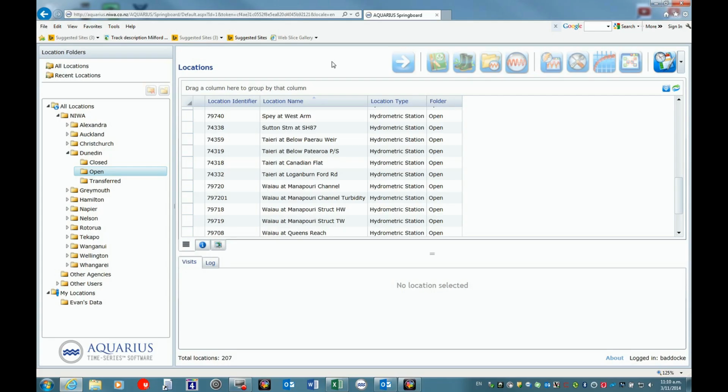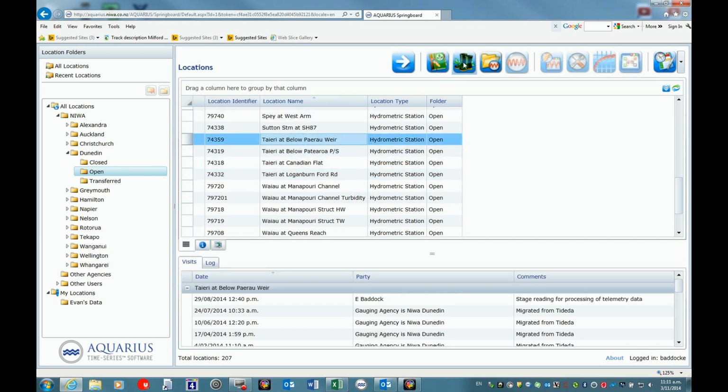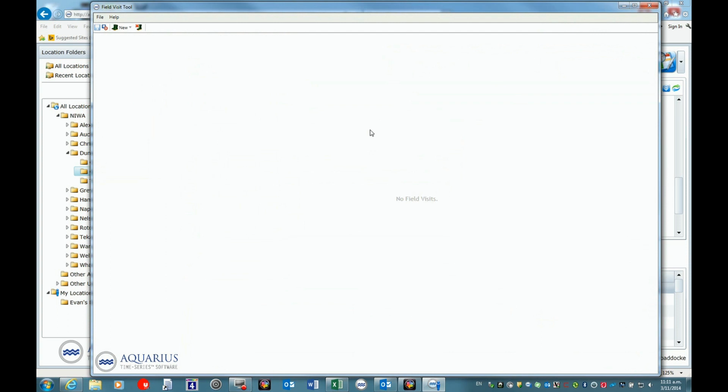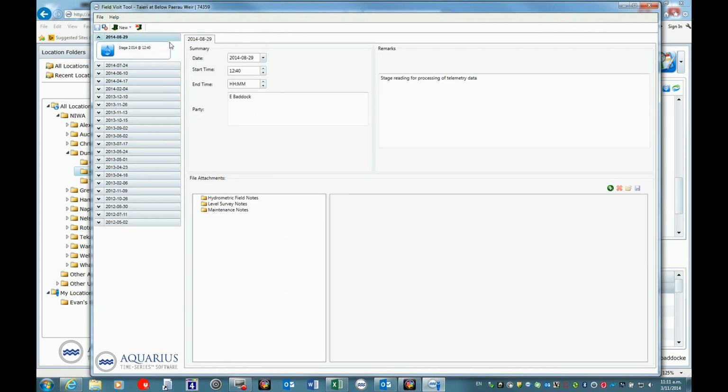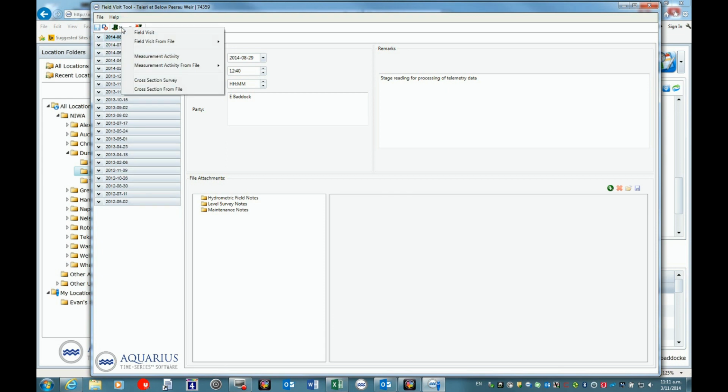Okay, we're going to enter a field visit and add a gauging. So we want to go to our open sites again. In this case we're at below where, and we're going to go to the gumboots, which is the field visit tool. When this starts up, you can see the last time a visit's been entered here. So we're going to add a new field visit,